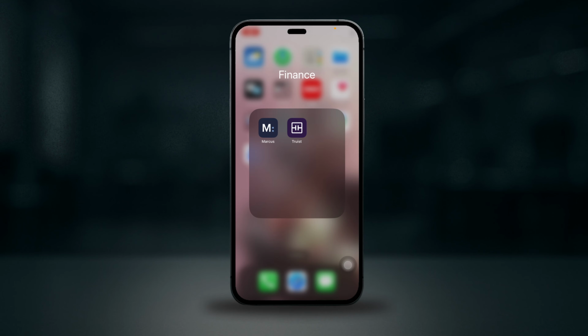Hey everyone, welcome back. If your Truist app is not loading at all, here's a quick way to get it